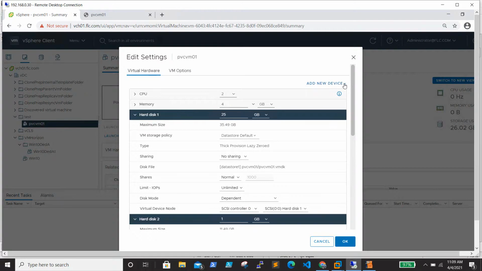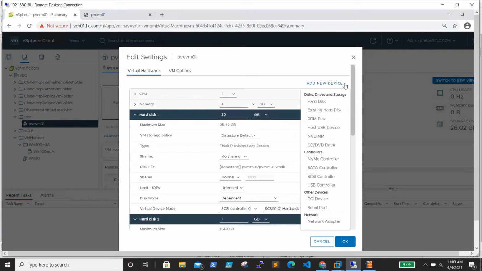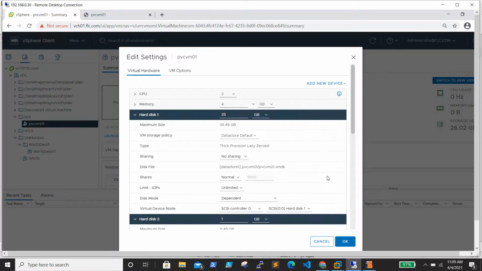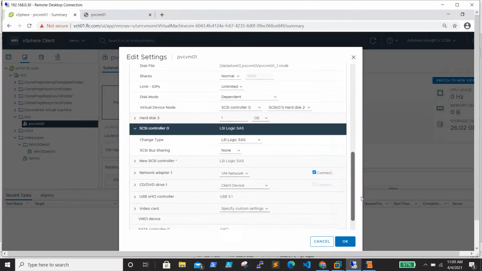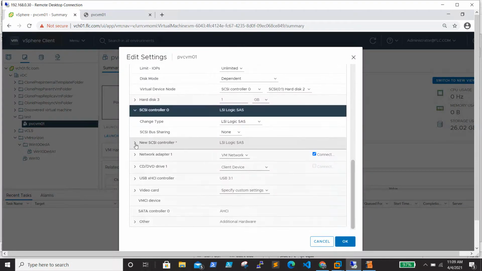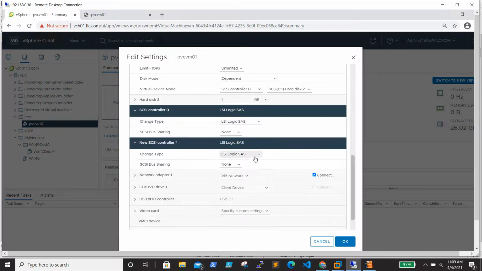So you need to go to add new devices and add a new SCSI controller. The new SCSI controller is added. Here it is default LSI SAS, so change it to VMware paravirtual.